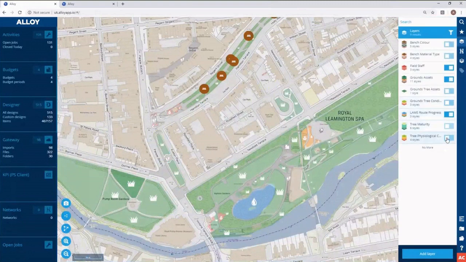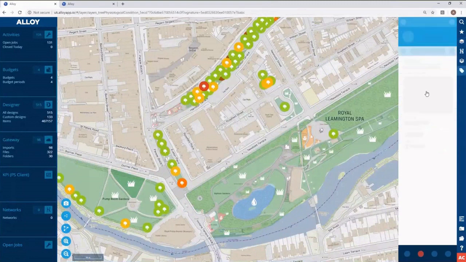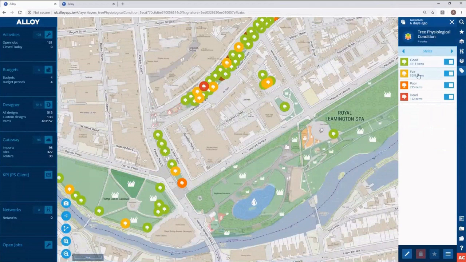Let's say we want to see the trees in a different way, so based on physiological condition. Again, this is information we hold against the assets, so we can display it. And again, this stuff is dynamic, so you can turn styles on and off and then interact with them. So the beauty of this is you can create as many of these views as you like within Alloy. So you can really ensure that you've got these views available to you to help you understand your asset performance